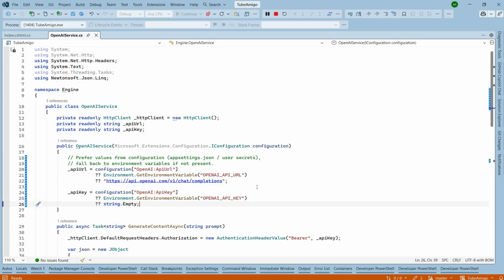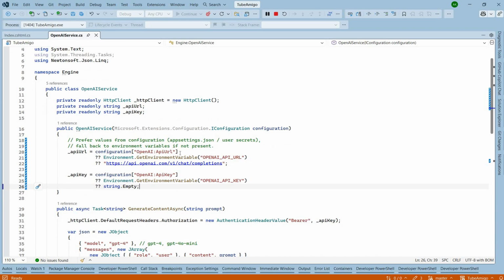Of course, to get that key, you need to register at OpenAI. Of course, you need to pay some money to have access to the API. If you have that, you can use the API, and you will receive a key. Of course, you can generate a lot of keys for a lot of your software, but you need to generate an API key. And if you have that API key, you can connect to the